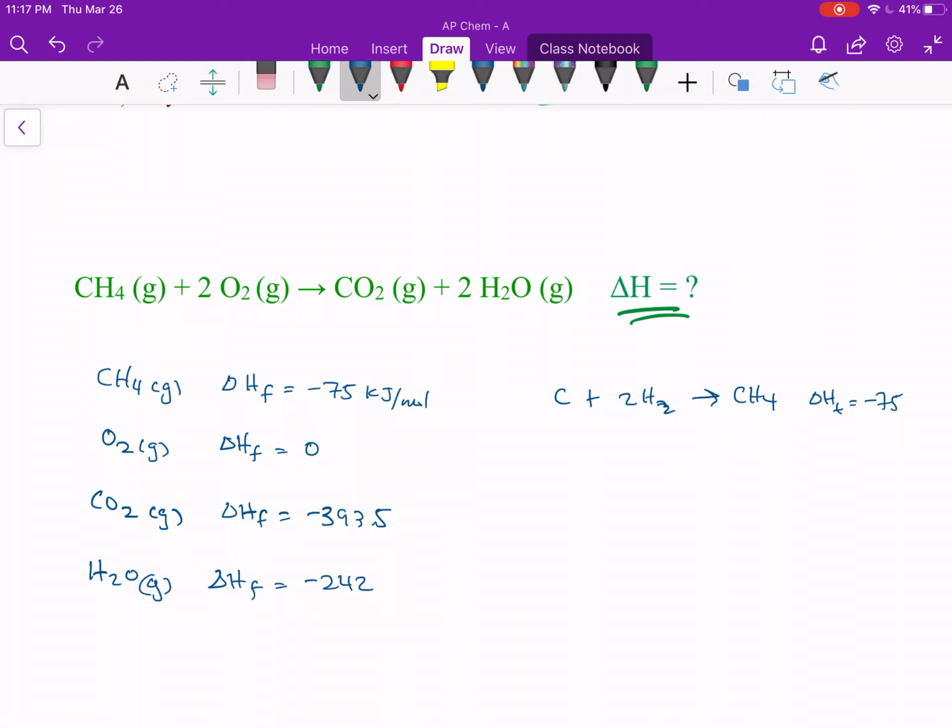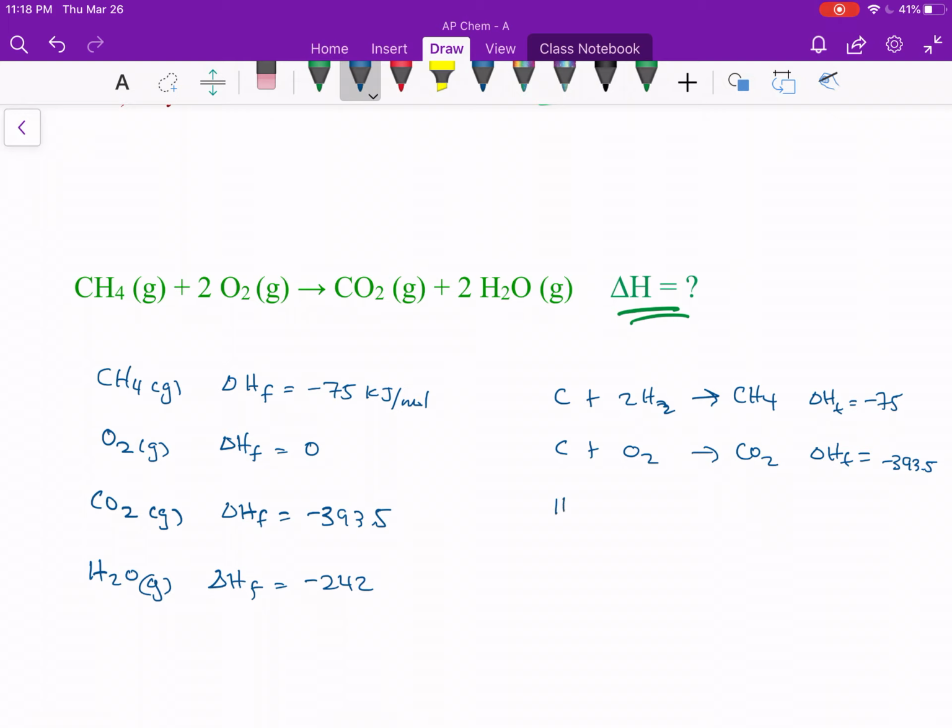If I have O2, I'm not going to worry about it because it doesn't have a reaction. So CO2 would be C plus O2 goes to CO2, delta HF equal to negative 393.5,